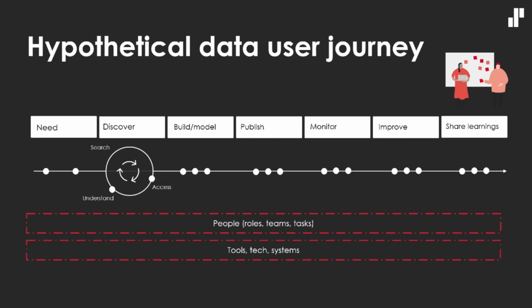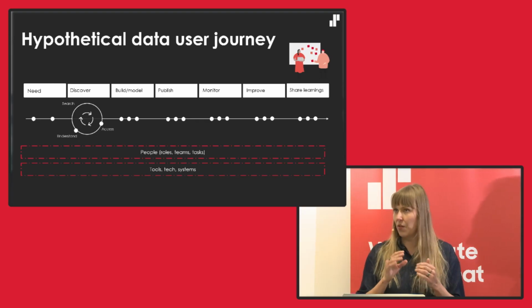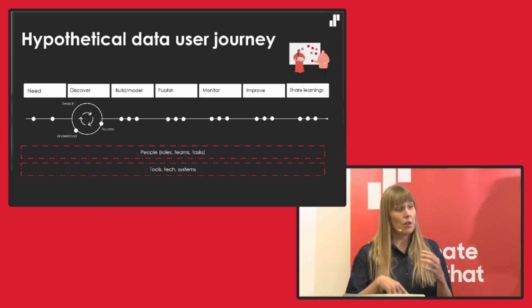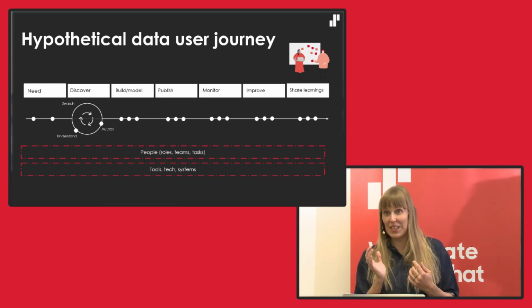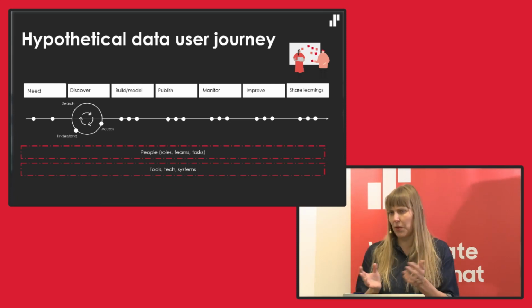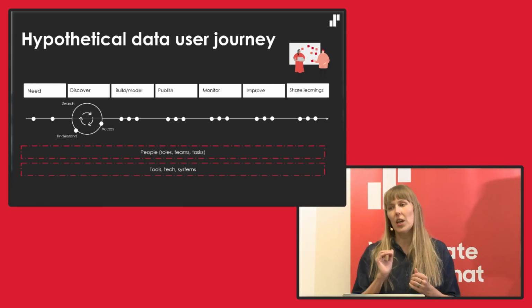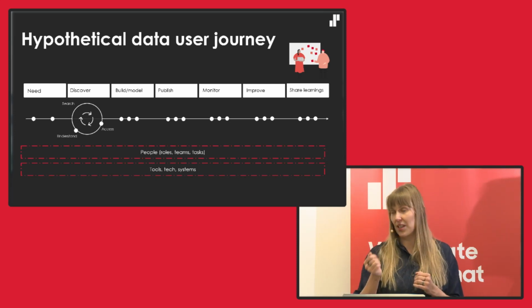It is based on what kind of processes you have now. You need to understand where the company ends up for the business case, who is involved, what systems, and what kind of process there is at the start. Then how people nowadays find a data set. What would it be if we had a self-serve platform or more discoverable data products? How would this internal process be different? Then you probably have a certain building or modeling approach already, maybe different for different teams, but what would it be in the ideal world towards a more decentralized data mesh?